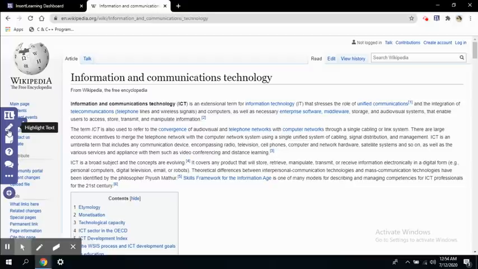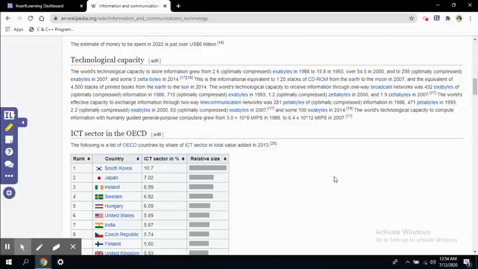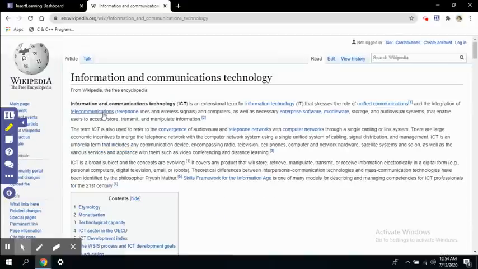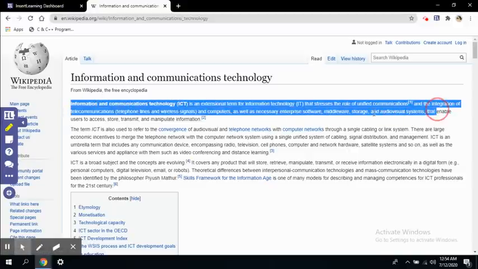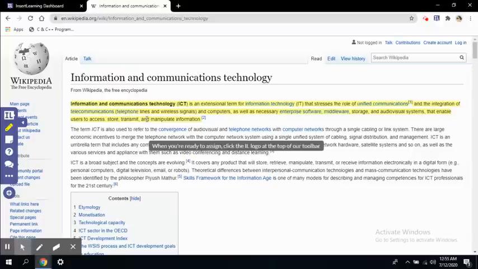Okay, the first option available here is highlight text. The pen or a highlighter, you can say this highlighter button. When I click on this, I can highlight some important text from this web page. So wherever I feel that something is important, I can highlight it. All right, so let us say I want to highlight the definition of ICT. This first section complete. Okay, so you can see the content of the first line has turned yellow. That means it has been highlighted.